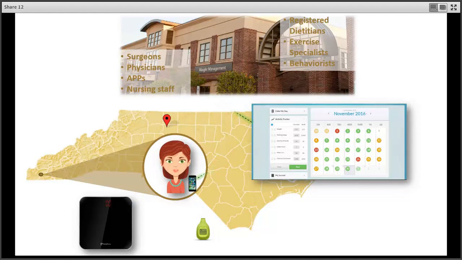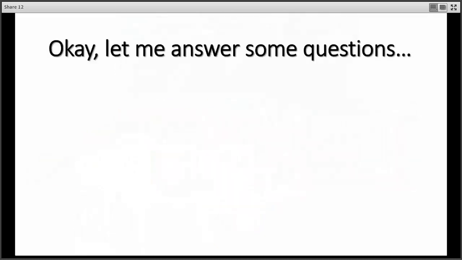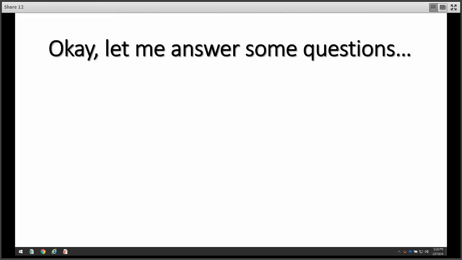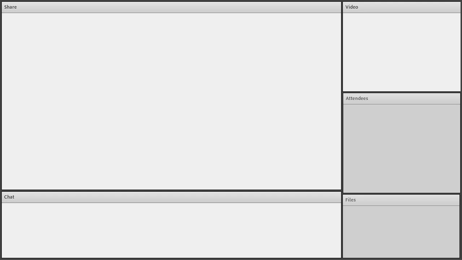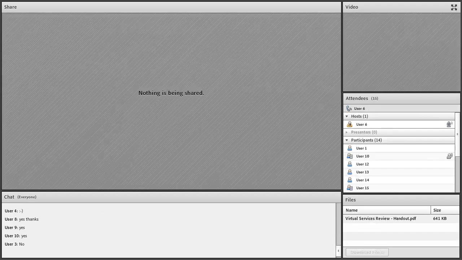And this is just an illustration of essentially how the system works. So you've got your scale, you've got an activity tracking device that feeds data into the system. You're also putting in information about what you're consuming and other types of data that you might be tracking, and then all that feeds up to us. So not only can you track it, but we can track it as well.